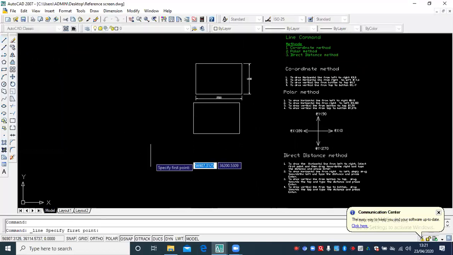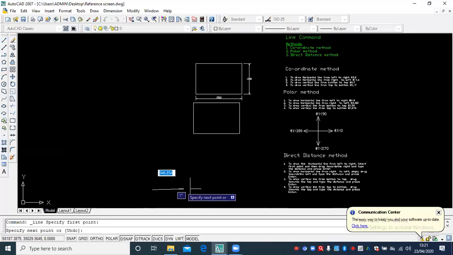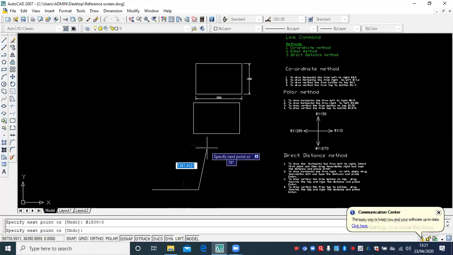Okay, let's see now how to draw this block by using polar method. Select line command, pick the first point. You want to go from left to right, @, write the distance 1500, less than symbol, that is 0. Enter. Now you want to draw from bottom to top, @ distance is 1000, less than 90 degree, simply type 90. Enter.